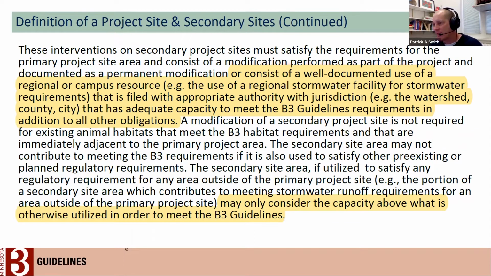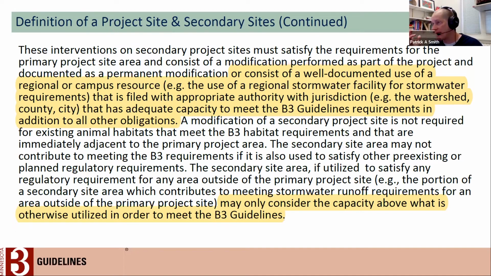We included, and again, I've tried to highlight here the language that has been updated. The ability to use, in particular, larger stormwater management systems to meet the B3 guideline requirements. So you can consider the project to be your project site plus a piece of the campus or regional stormwater system. The constraints or the limits to that are making sure that there is essentially adequate capacity at those downstream